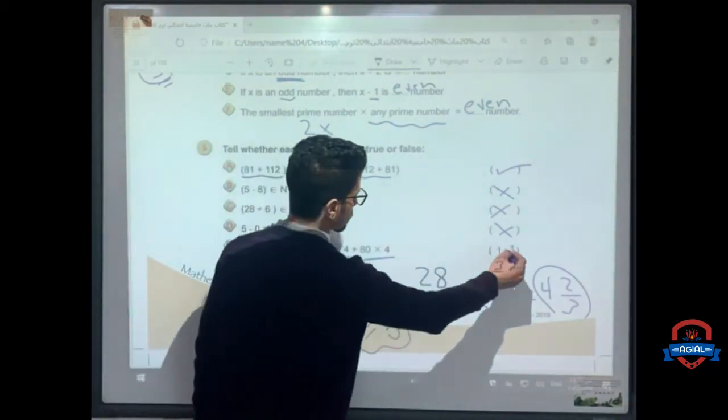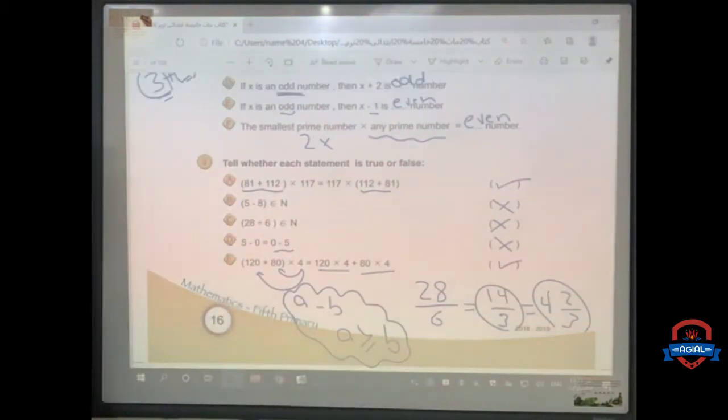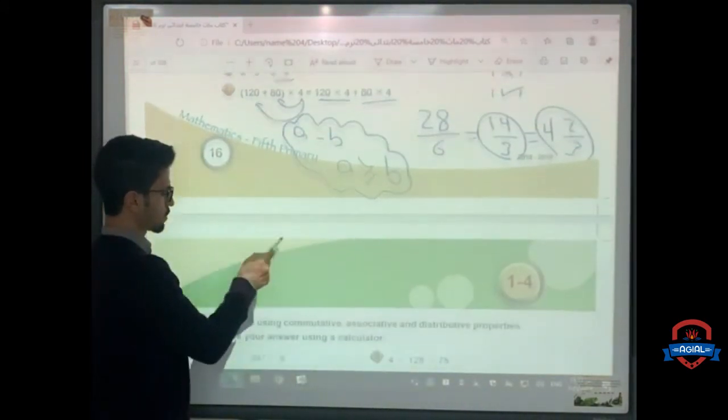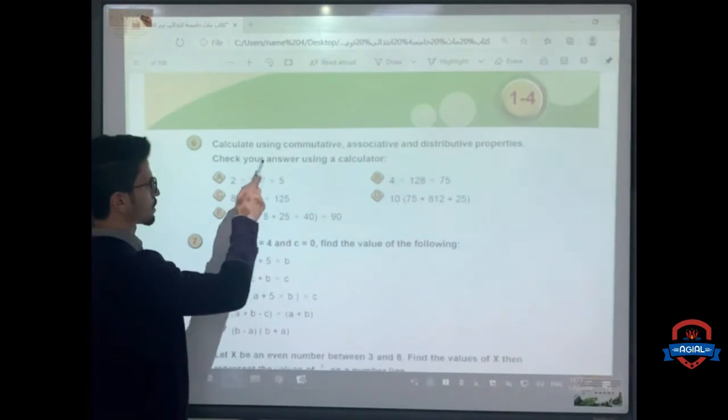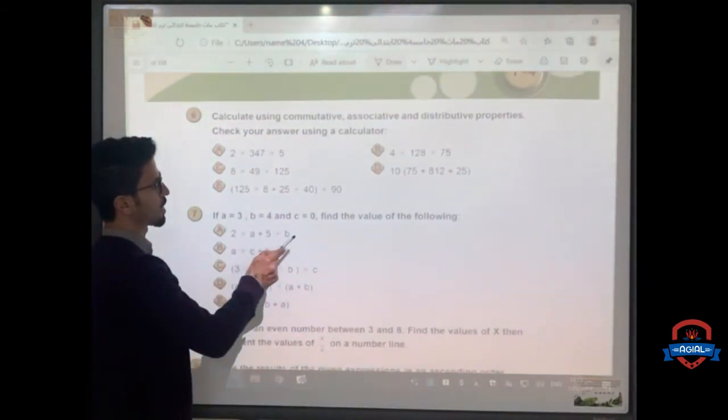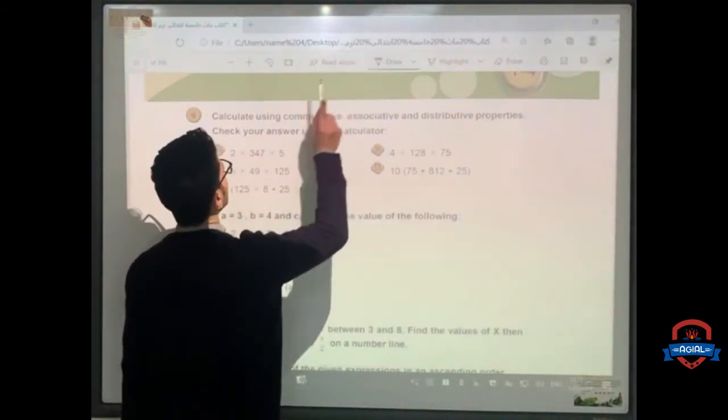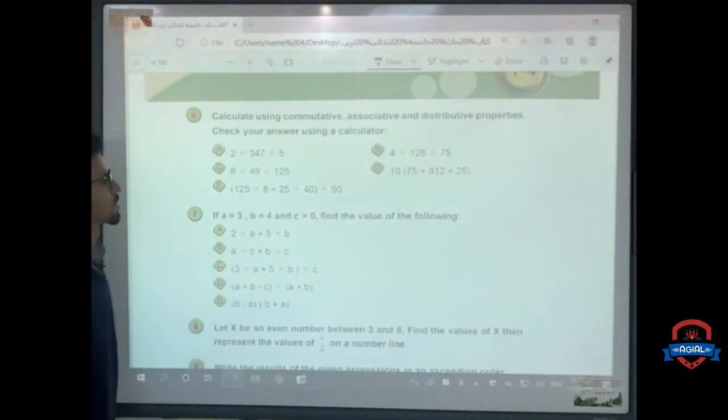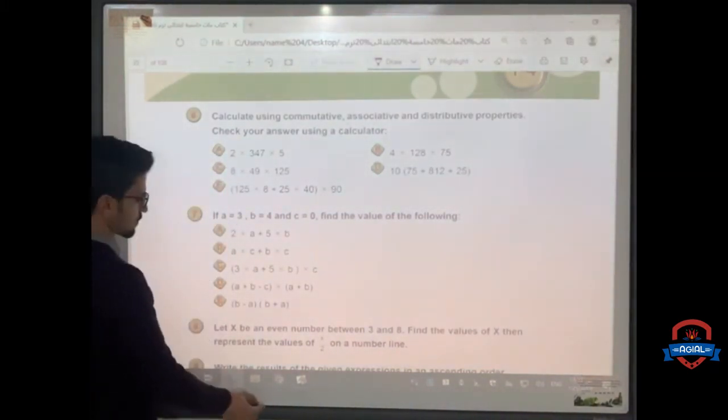So this is a true statement. And now let's look at question number 6. In question number 6, we have: calculate using commutative, associative and distributive properties, and check your answer using a calculator. Letter A, we have 2 times 347 times